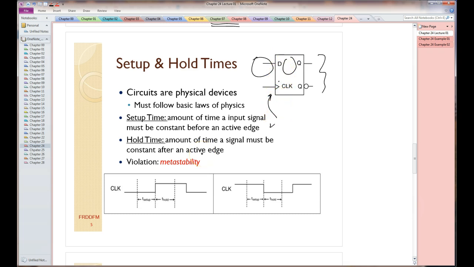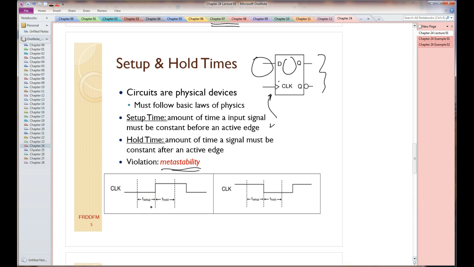These are very important quantities. Generally speaking, in beginning digital design classes, we can often ignore that because our circuits are working at slow speeds. But in real life, if you violate the setup or hold time, your circuit goes metastable. This is a common word you should know. Metastability means it's neither high nor low, and it may stay there for a while, which essentially means your circuit's